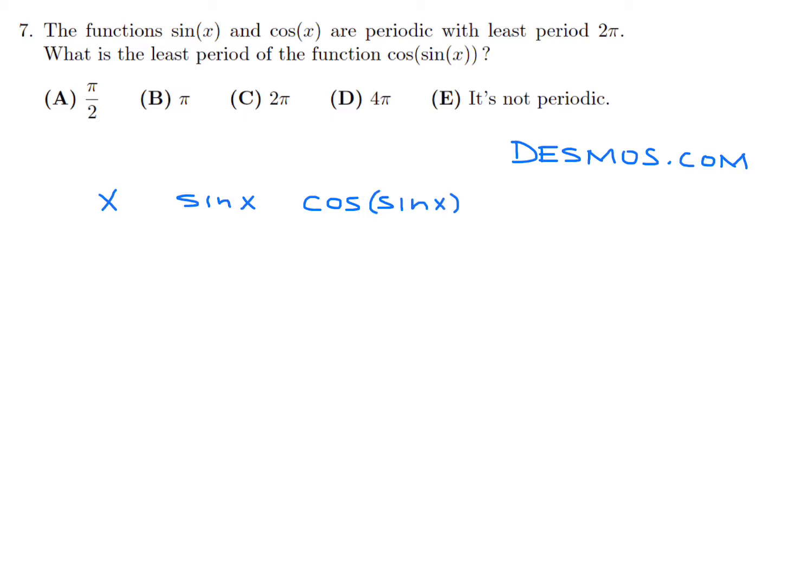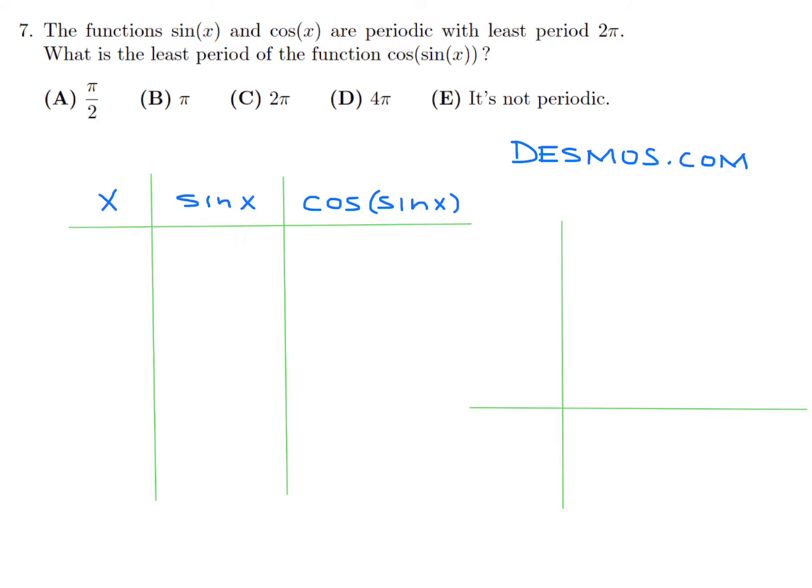All right, here we go. So the first thing is, let's just start with 0 and kind of go from there. When x is 0, sin x we know is 0. So therefore it would be the cos of 0, which is 1. When x, let's try pi over 2, which is 90 degrees, sin of that would be 1, and then therefore the cos of 1. I'm not sure what it is, but since now we're putting in a value of 1, not 1 degree, but 1 radian, and that's approximately